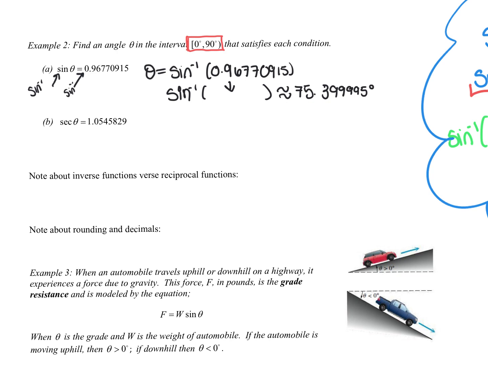So let's try the next one. The next one, I just want to warn you, the sines and the cosines and the tangents have an arc button. It's very clear cut. I would not touch the calculator if you have a secant, cosecant, or cotangent. I would rewrite this. This thing is equal to 1 over cosine theta equals